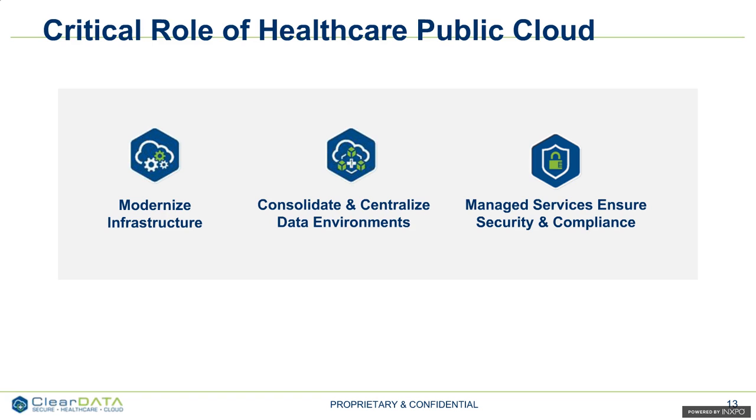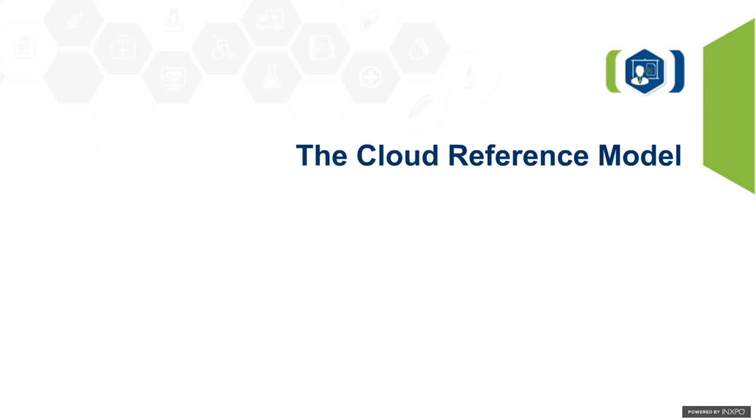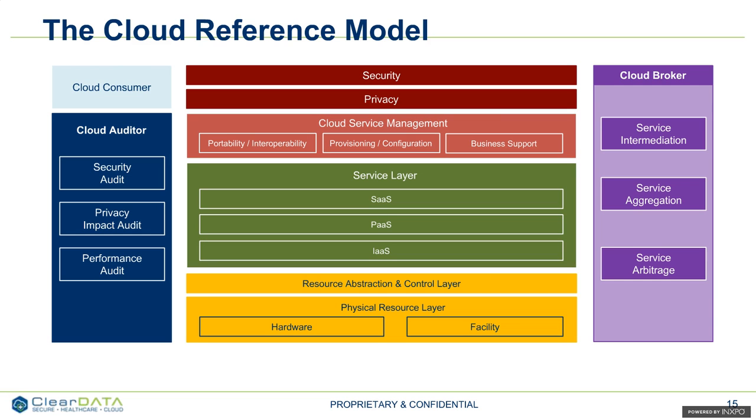Next slide, please. So again, the public cloud can actually help modernize the infrastructure. It can help you consolidate and centralize your data environments. It can actually help you ensure that you have privacy and security challenges addressed. We'll explain a little bit more about that in a few slides. Next slide. Going to the cloud reference model in slide 13, this model is really referred to by NIST and